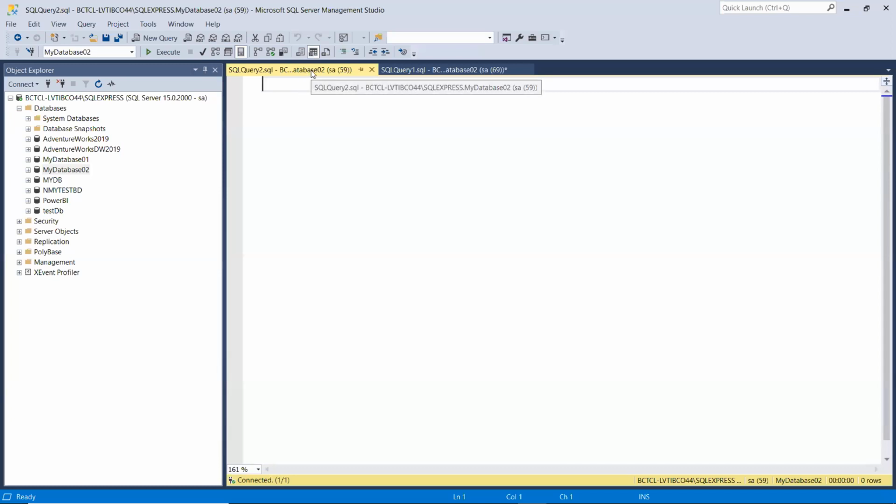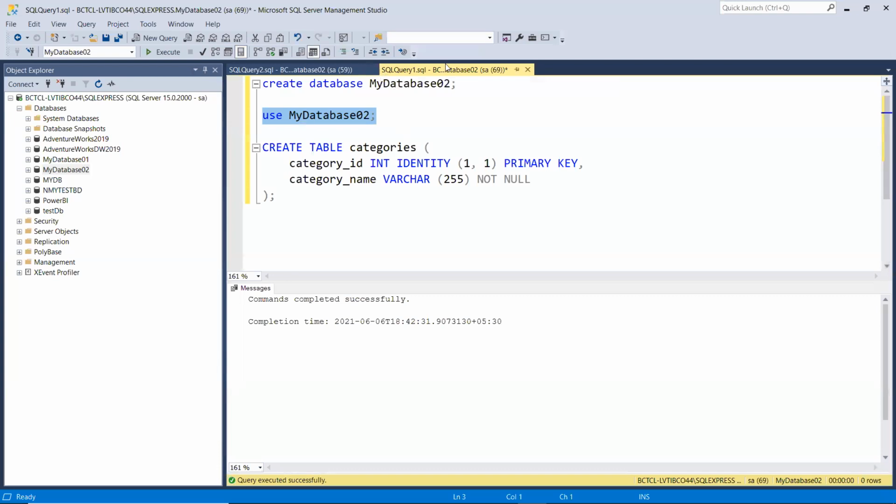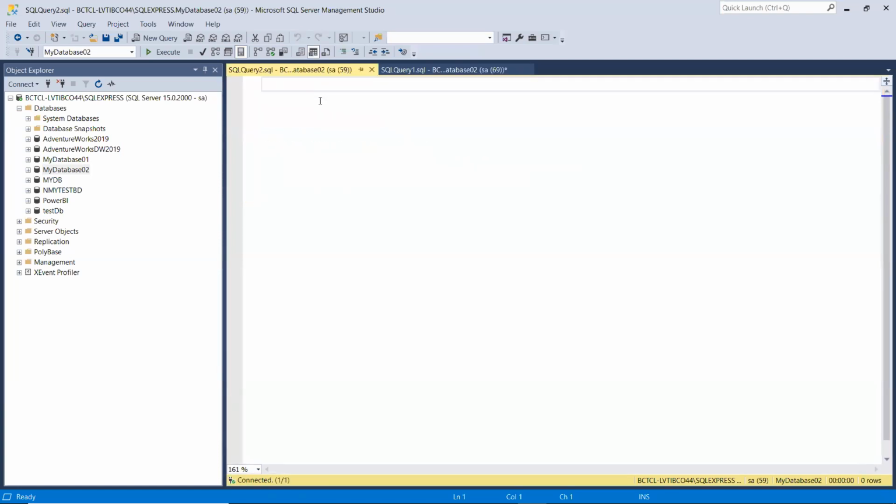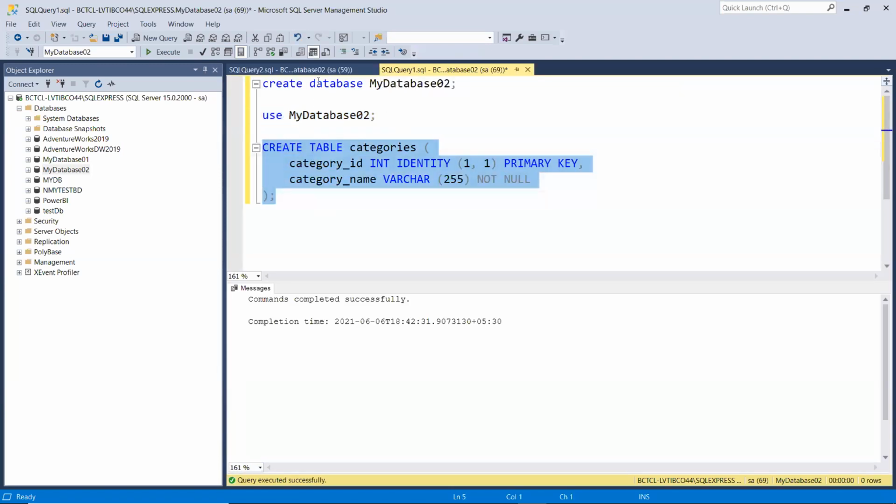Earlier it was up to just the server name. Now even if I execute the same query, I'll just change the table name.